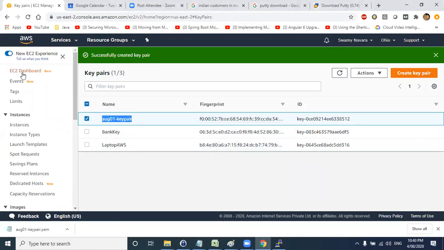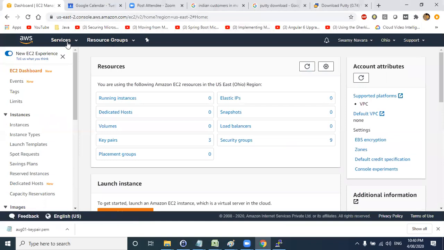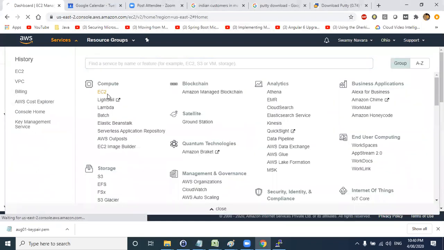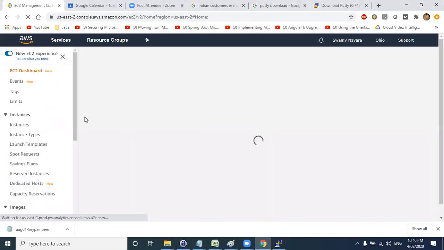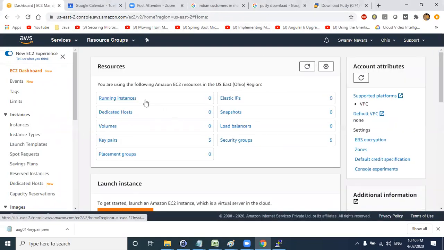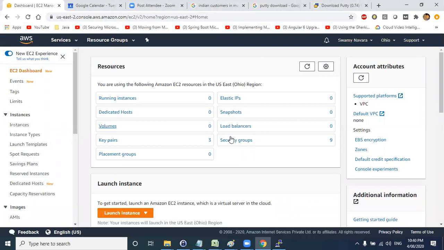Now, this is the EC2 dashboard. Go to services, you can click on EC2. I was already in the EC2 dashboard. So if you see here, this is the overall dashboard. I will explain about this dashboard and its different features when we are discussing EC2.